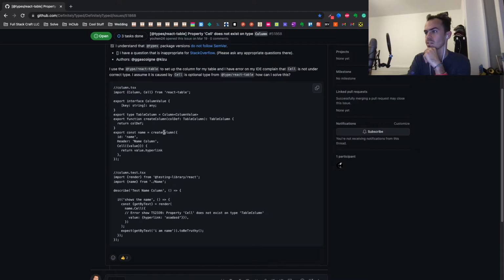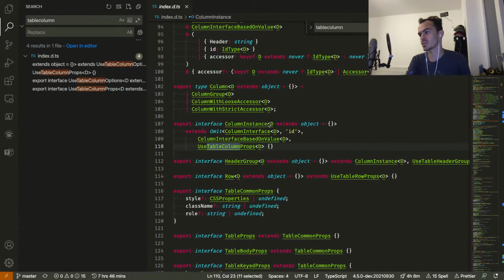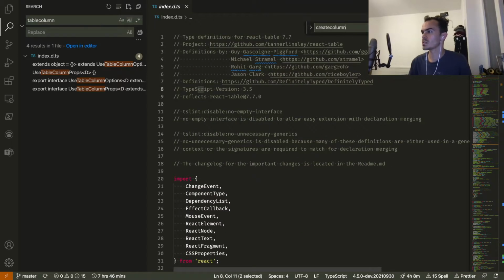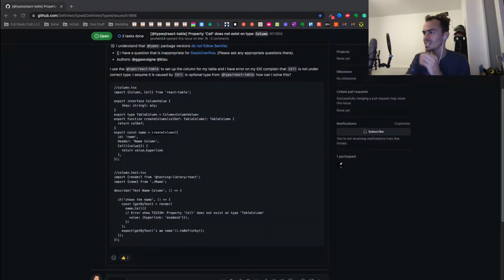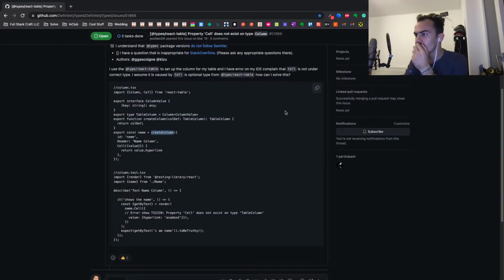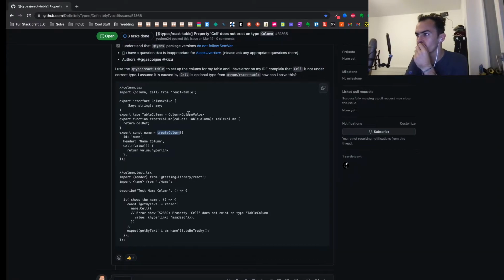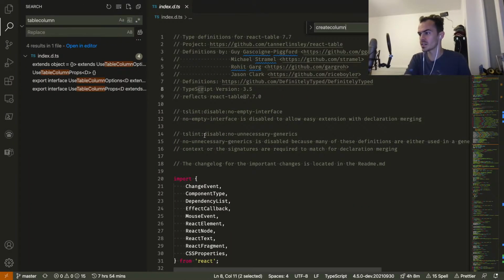It's actually about the create column function, which takes an object. So hopefully this has a signature. Column value. So is column a generic?